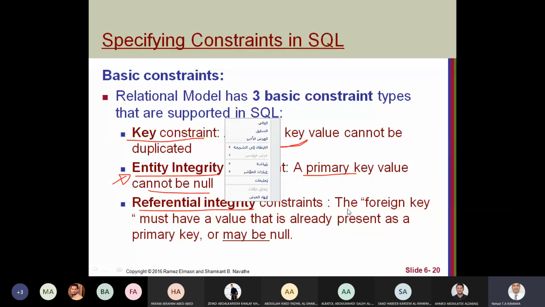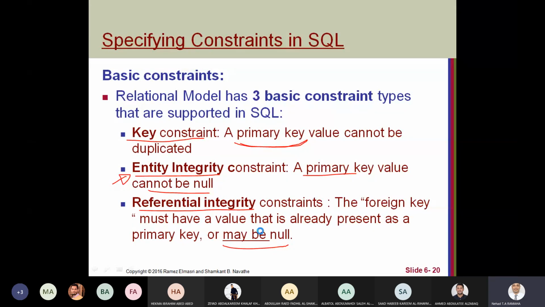Same thing for referential integrity constraint. The foreign key value must have a value already in the primary key, or it should be null if null is allowable.